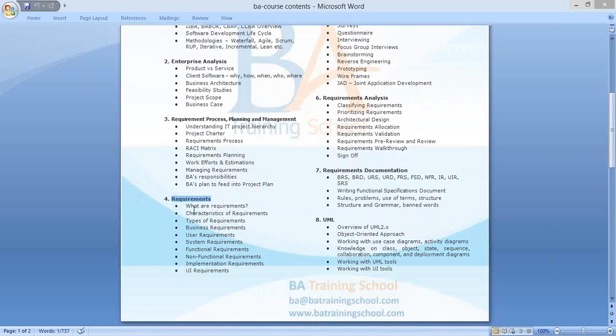What are the requirements, characteristics of the requirement, types of requirements, like you will have different types of requirements, like even